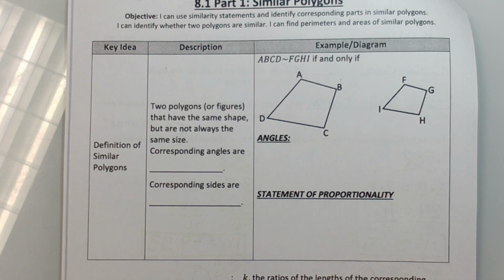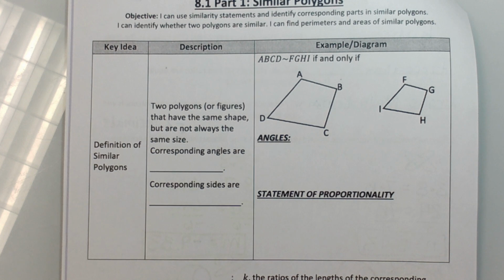In Geometry Standards A, we talked about congruent shapes. And for shapes to be congruent, that meant they were the exact same shape and the exact same size. Similar is a little bit different. Shapes are similar if they're the exact same shape, but they don't have to be the same size. One can be an expanded or a shrunk down version of the other, as long as the shape is the